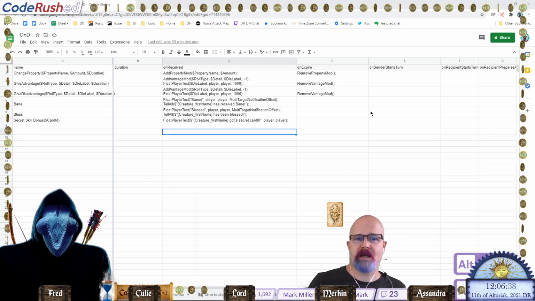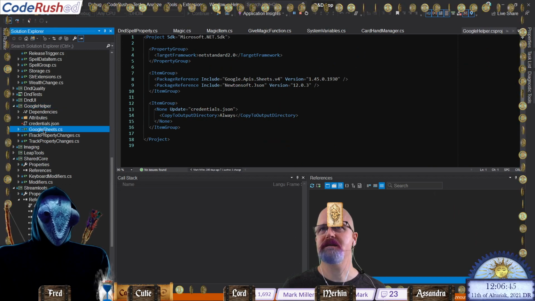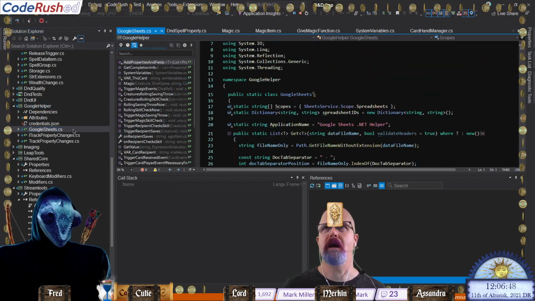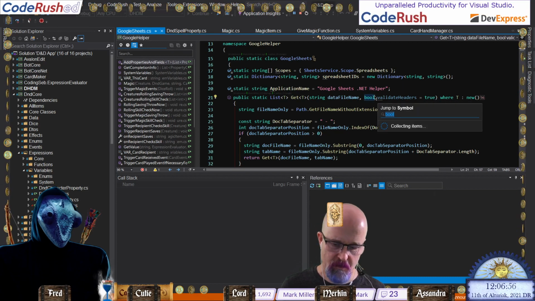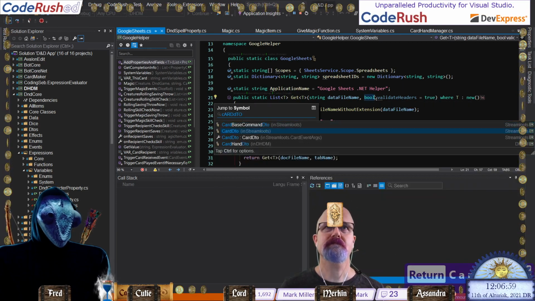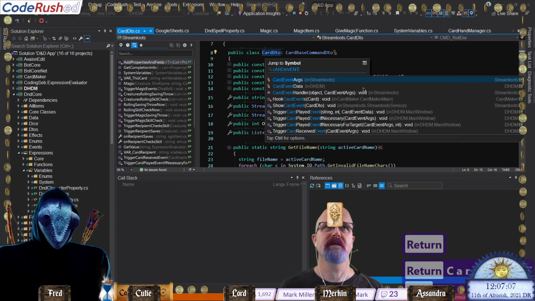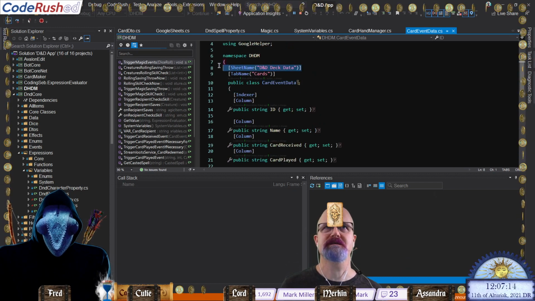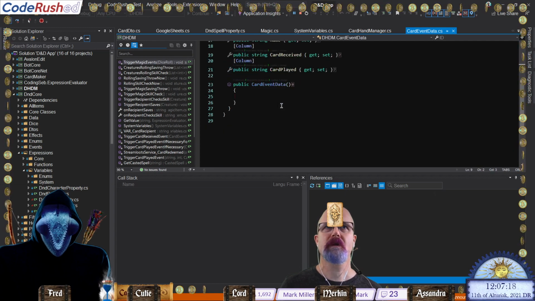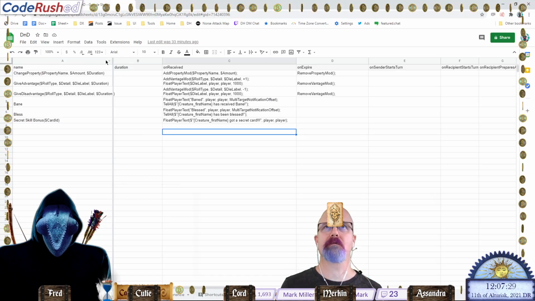We've got this cool project down below called, what is it? The Google Helper, which has got this guy in it here, which makes loading and saving data pretty simple. It's really pretty cool. Let's see if I can go find card DTO out here for you. No, card event data. There it is down there. Here's how we load and can read and write data. We basically specify the sheet name, the tab name, the card event data. We put a column by every field or every property,